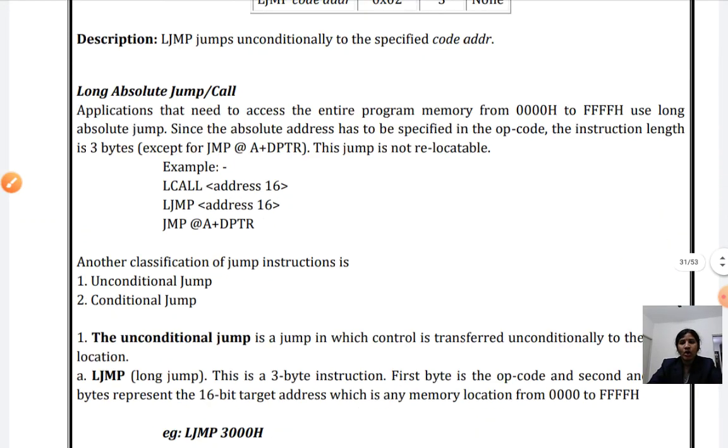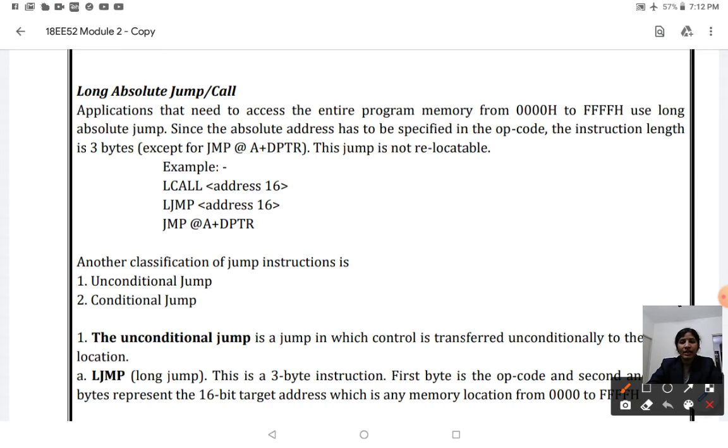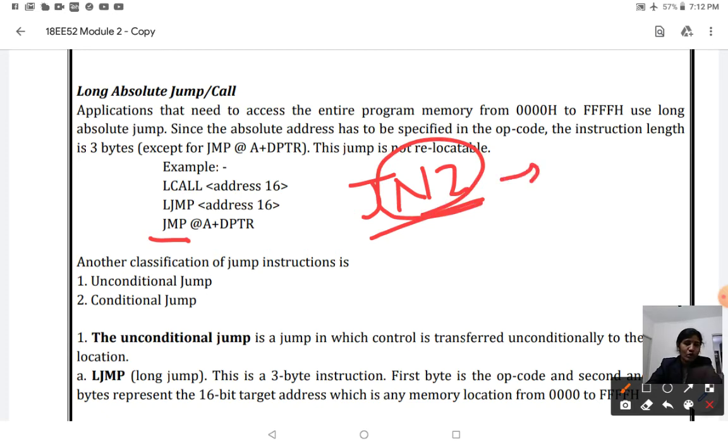Next, long call, that is LCALL, or LJMP or JMP. JMP in the sense, it is your unconditional jump. Before, whatever you have seen, JNZ, jumps on non-zero. It means that it has to satisfy some condition and then it has to move on to the particular row. Whereas here, whatever we have used, it is all unconditional branch instruction, that is unconditional jump instruction.